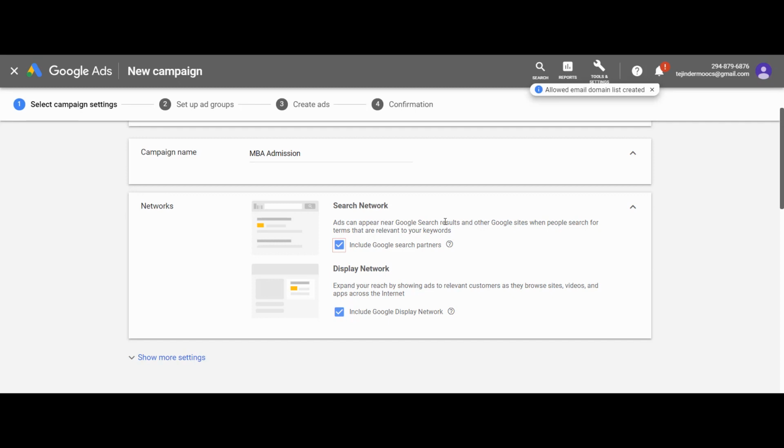Next we have the display network. Don't think that your ads will be displayed only on the search engines. The Google Display Network expands your reach by showing ads to relevant customers as they browse sites, videos and apps across the internet, not just search for information. If you want to show your ads only on the search engine, then uncheck this option, otherwise let it be checked. Next we have a few more settings like